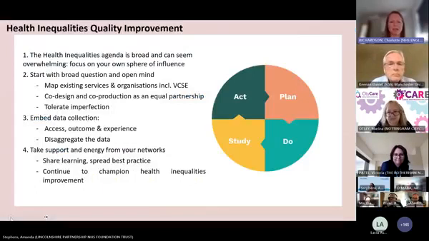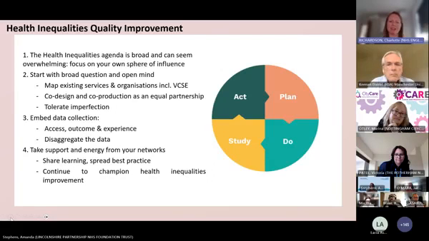So if you go on to the next slide, please. I wanted to just end with some points on health inequalities and quality improvement, because I think the health inequalities agenda is broad and it can seem quite overwhelming, the scale of the problem that we have to tackle. It's really encouraging that there is so much work and interest going on with this. And as such, I think we can all be reassured that focusing on our own sphere of influence is really effective, and working on projects at local level, at national level, that actually demonstrate impact and effectiveness is the key work, because that can then be replicated to give results.